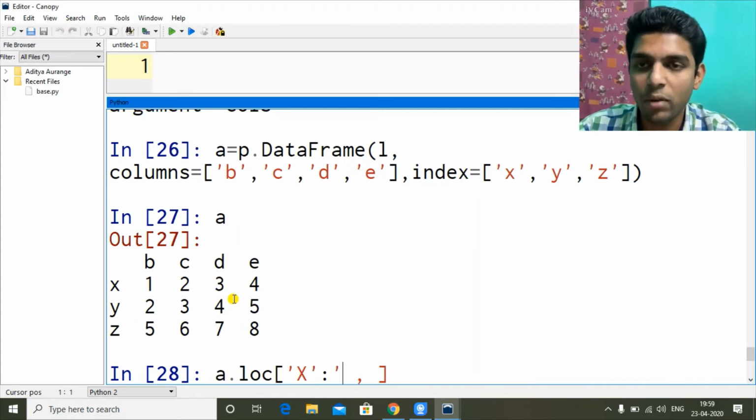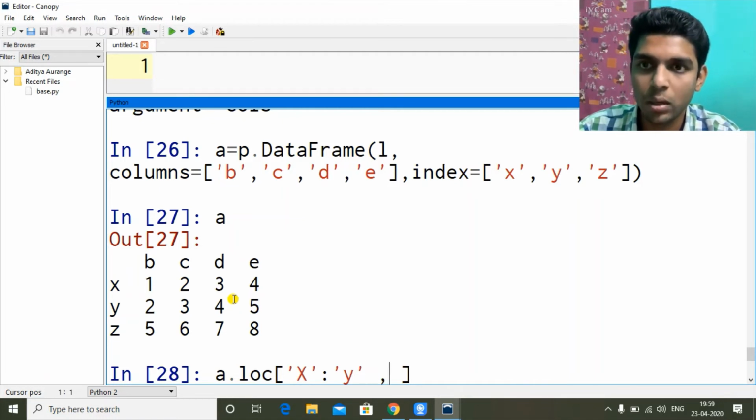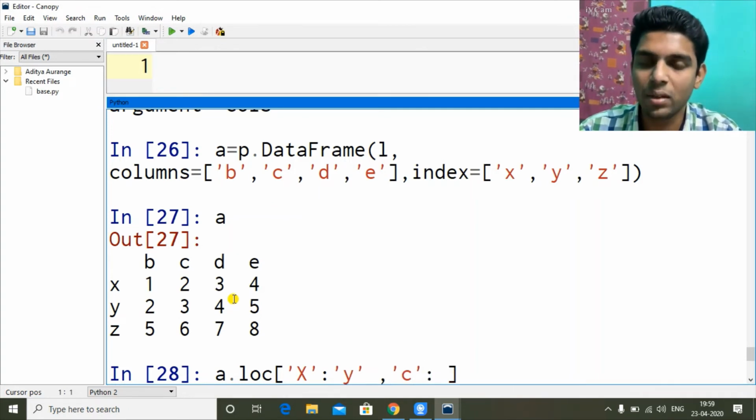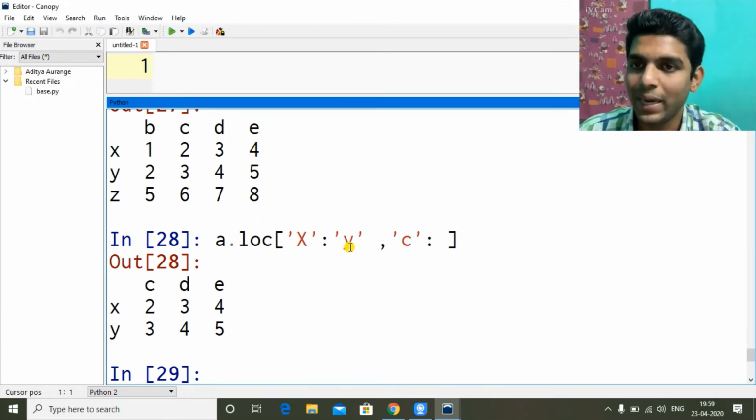Normally I would have to give Z, but in the LOC function, if I write Y, it's fine. So that was our index part, and columns from C onwards I want. So the starting point is C, and I can leave the later part because I want all the columns after C.